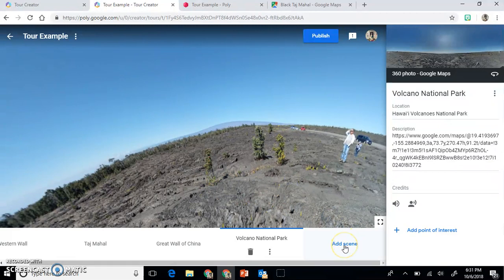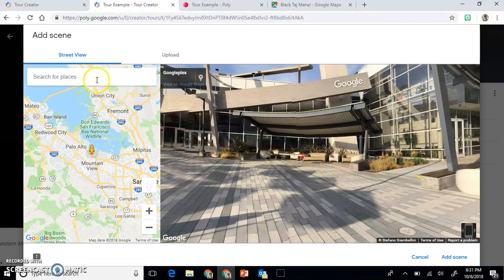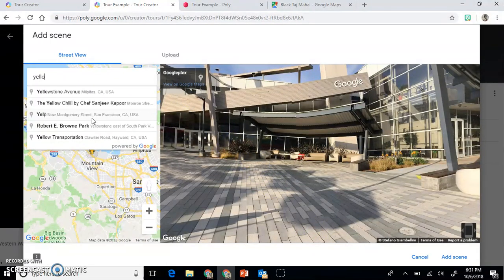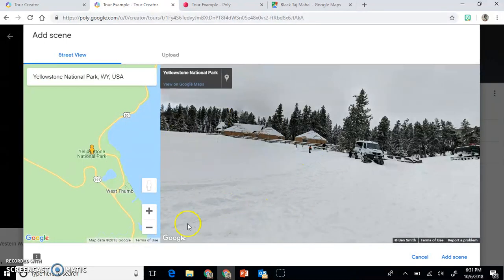Alright, so you add a scene right here. And basically you go in here and you tell it where you want to go. So let's do Yellowstone National Park. National Park right here. Alright, we got it. And it will show you the scene here. Now, if you want the link to Google Maps, you do that before you add the scene. So you click up here where it says View on Google Maps,